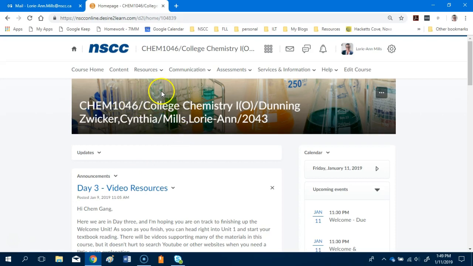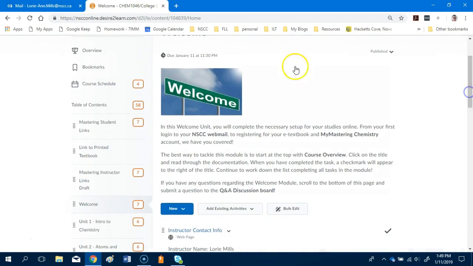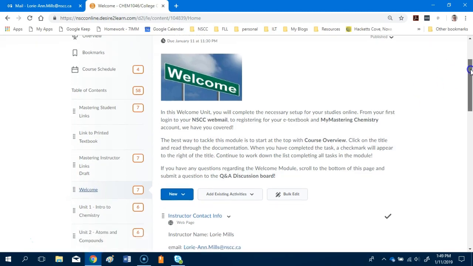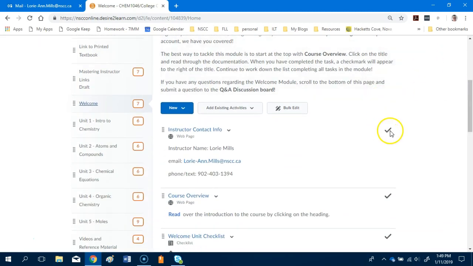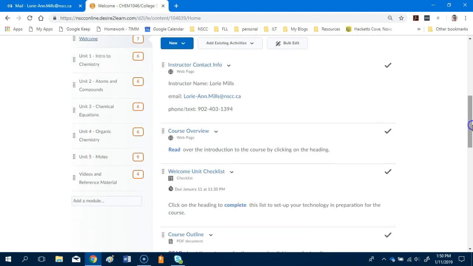So here we are in Brightspace. I'm going to go to the welcome unit through content. And then if the welcome unit didn't come up, I would just click on welcome unit here. And as you know, as you work through the welcome unit, you will get check marks to say that you have completed each part. The main things that I would like you to complete in the welcome unit is this